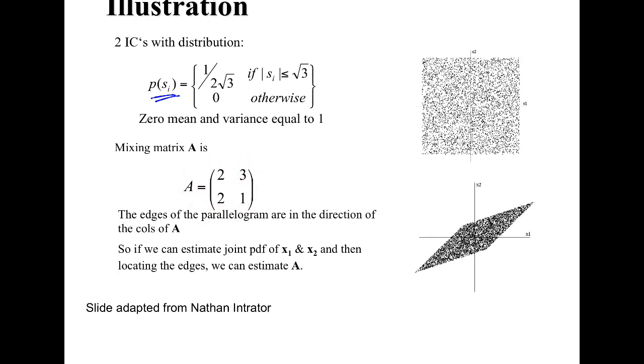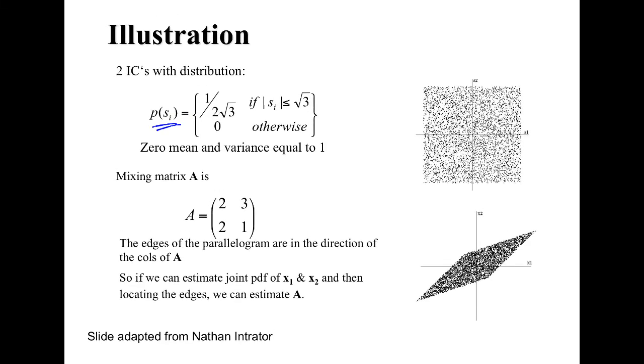Once you mix it with this matrix, the distribution changes to this, because now the maximum value you can get is when both are 1, so 2 plus 3, 5, which you get here. That's the new distribution of the pairs of random variables. It looks like if you have this distribution, you should be able to recover the original distributions, because if you knew that this was a uniform distribution, you can just look at these lines, and from these lines you can figure out the weights of the mixing matrix.